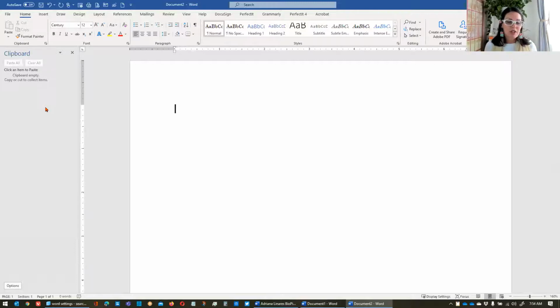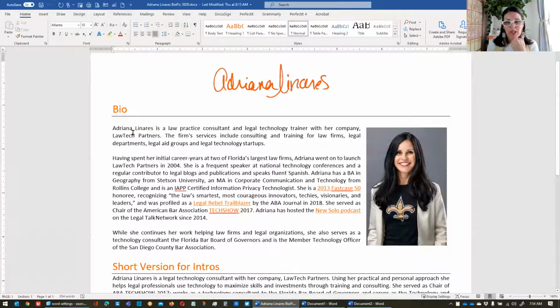The reason you want to turn this on is because it allows you to go to a document or an email or the internet, anywhere, and copy, copy, copy, and then come back to the document and paste, paste, paste. What you're doing now is copy, paste, copy, paste, copy, paste, and that's inefficient.